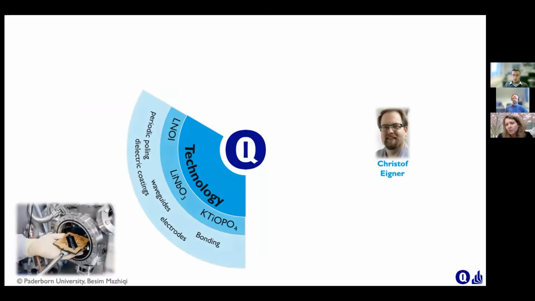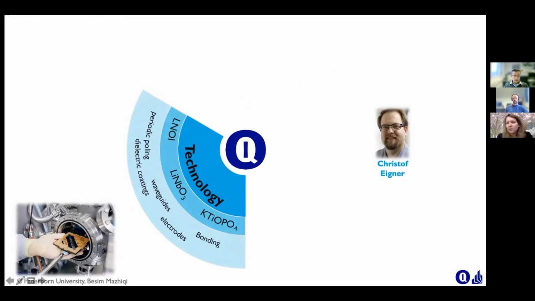Now, I'm heading the group. I have built up the group Integrated Quantum Optics in Paderborn, and I want to show you how it's composed because it's a little bit of the philosophy, how I think we have to treat photonics these days. If you're talking about photonic systems and we want to really engineer them and build up systems, we need different